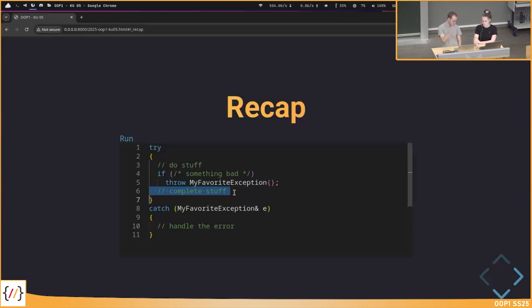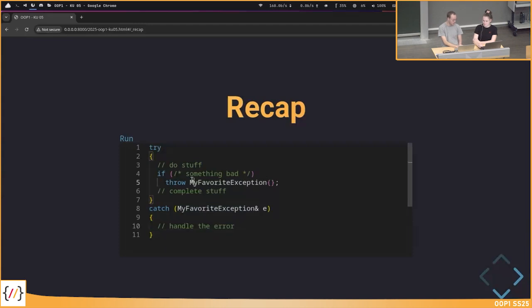Then we go on in the code and hopefully find at some point a catch block. It states catch, and if this type matches the exception we have thrown, then we catch this exception and can handle the error appropriately.